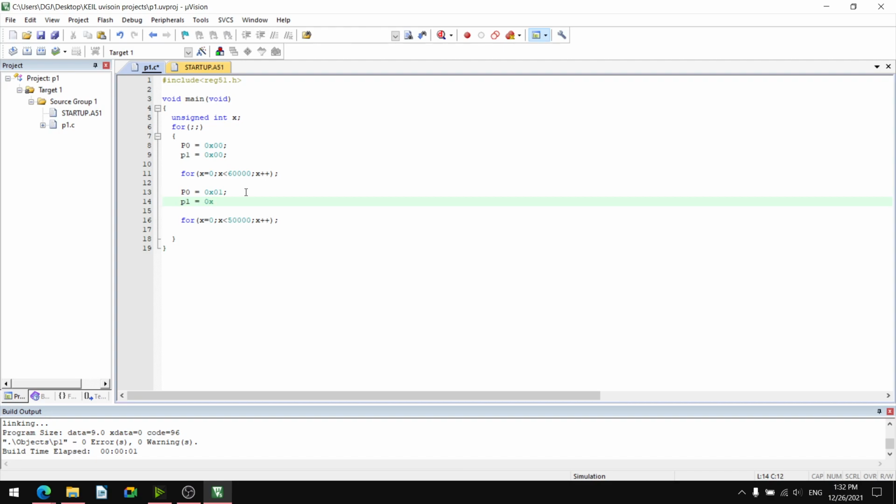Say instead of 01 we'll write 55. 01010101, 55 is 01010101. Okay, and let us make this delay say 80,000. Okay, save, rebuild.